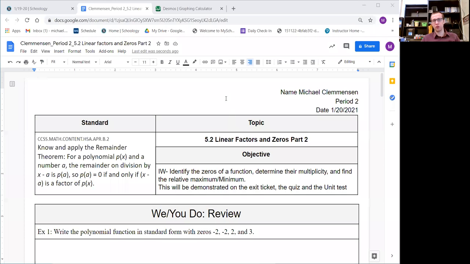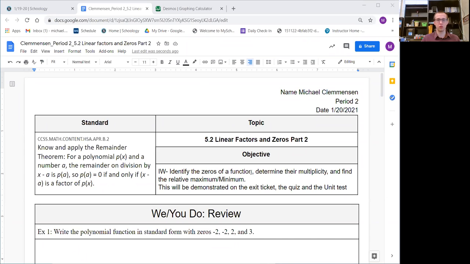Right, so let's do a little bit of an overview of what we're going to be going over today. First thing, our topic for today is 5.2, linear factors and zeros. This is part 2 of that. Our objective for today is to identify the zeros of a function, determine their multiplicity, find the relative maximum and